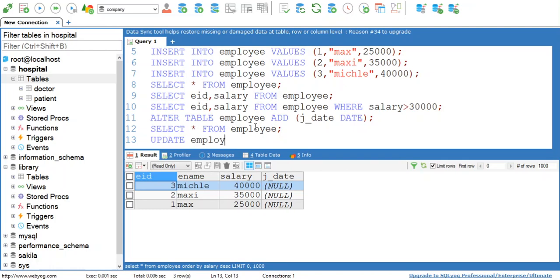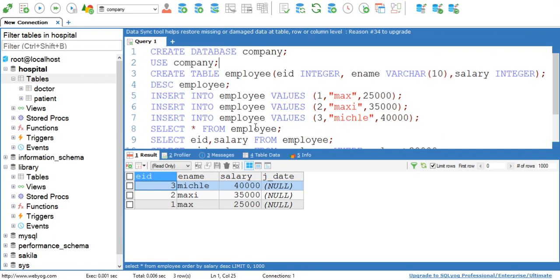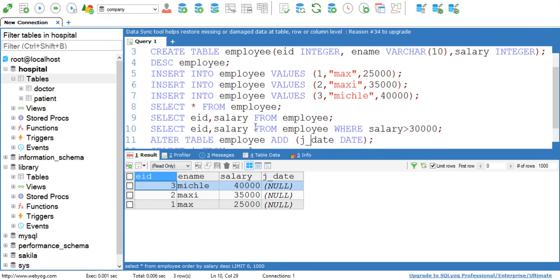Now to set values for unknown or missing attribute, we have query update. Update is a data manipulation language command which is used to set value for missing or unknown attribute. So the query is update employee. After update keyword, directly write down your table name, update employee, then use keyword set, which is used to set value for unknown attribute. So we want to set value for joining date, so write down update employee set JDate equal to. Now for JDate attribute we have data type date. So date is of type varchar.